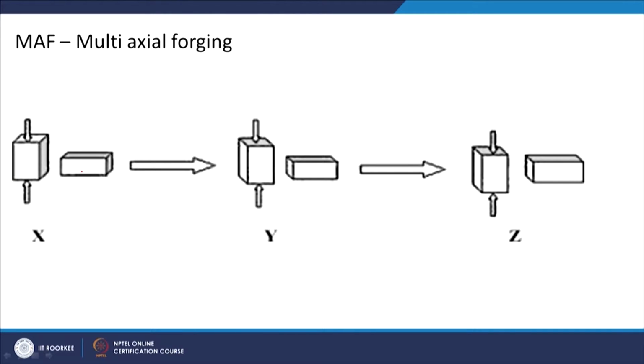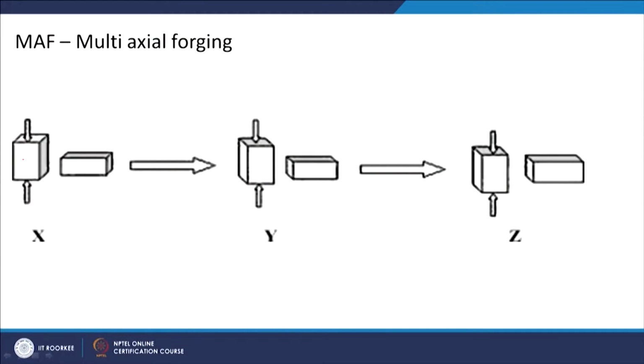Okay. So, what it will do, it will flow in this direction when you are forging like this, and now you will have a higher length in one of these directions. And it will be because you have a constant volume process during plastic deformation, volume constancy is there. The reduction in the other two sides will be such that the block will look similar to this. So, you rotate it, again you forge it, again it will get this shape, you rotate it, put it here, forge it again, and you get this shape.